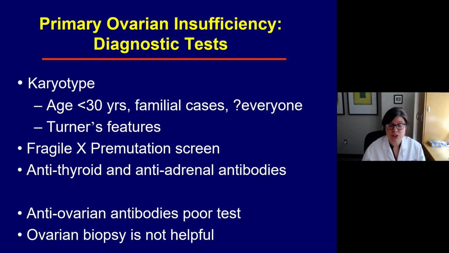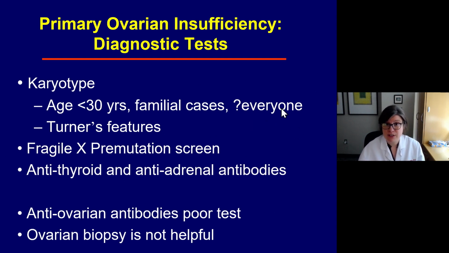And when you think about this, you want to think about which patient you want to do this in. Less than 30 years of age, definitely. Familial cases where you see many families, you definitely want to do that, because there are these Turner's mosaics where they may have some years of menstruating